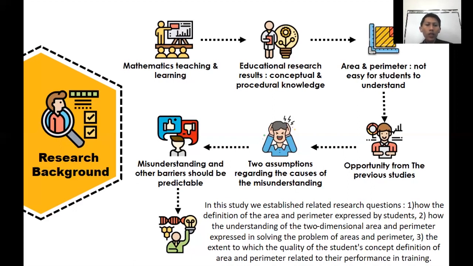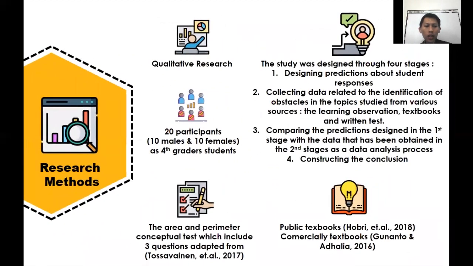To answer these questions, of course, an analysis is needed that can add and update insight about student understanding of the area and perimeter topic. Thus, the study was conducted to compare the prediction of student responses with the reality that occurred during the learning process, in order to find a description of understanding and procedural strategies in solving area and perimeter